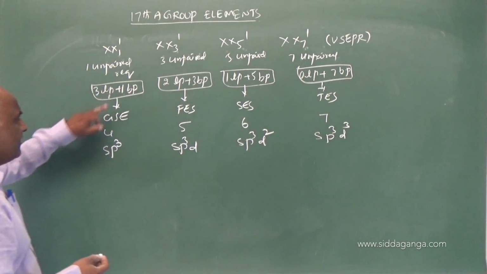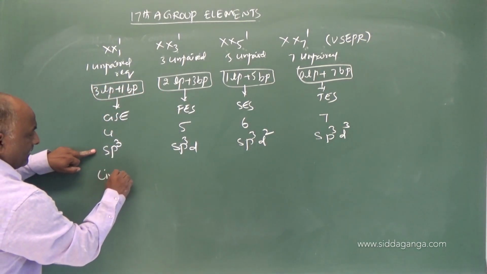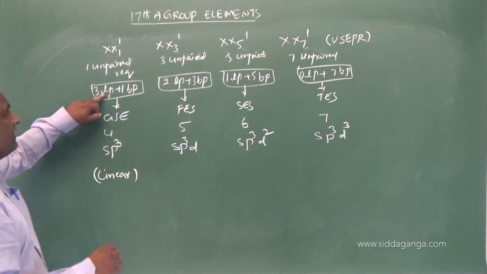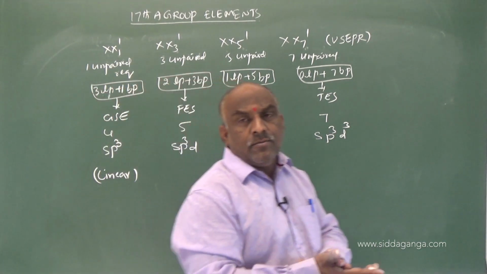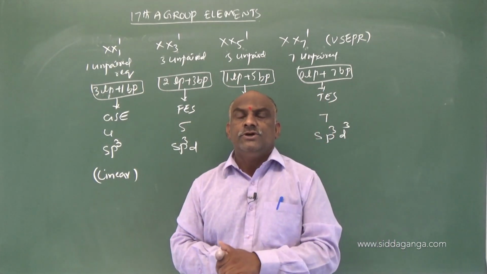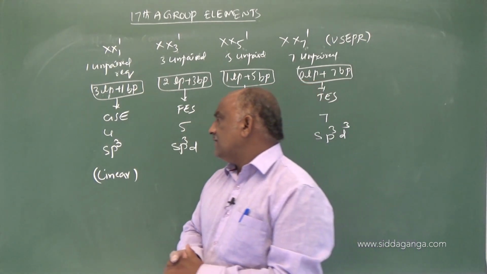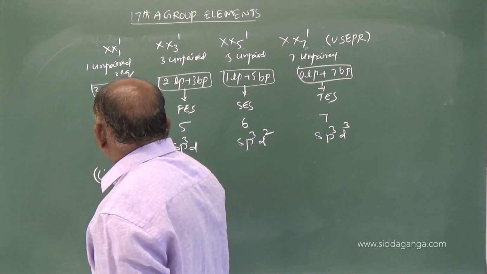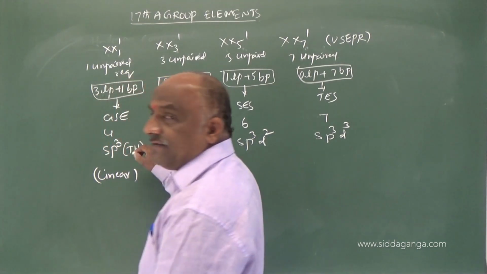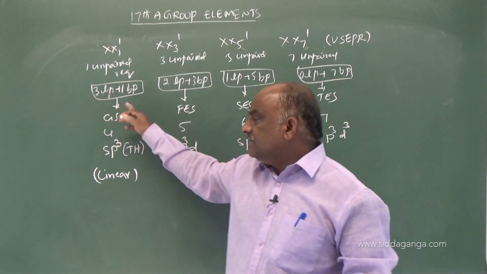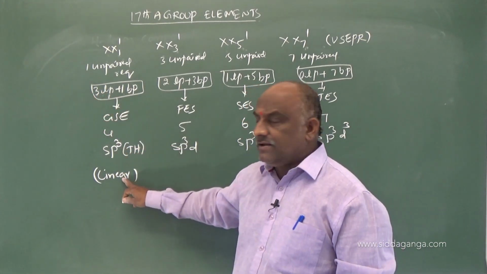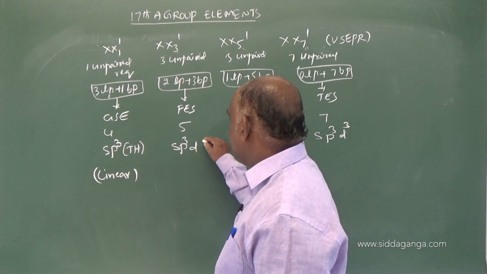And what about the shape of the molecule? It is linear. Why is it linear? Because of the 3 lone pairs. Due to the presence of 3 lone pairs, monohalides are linear in geometry. Actually the geometry we expect is tetrahedral, but instead of that, the 3 lone pairs are the deciding factor, so the shape of the molecule is linear.